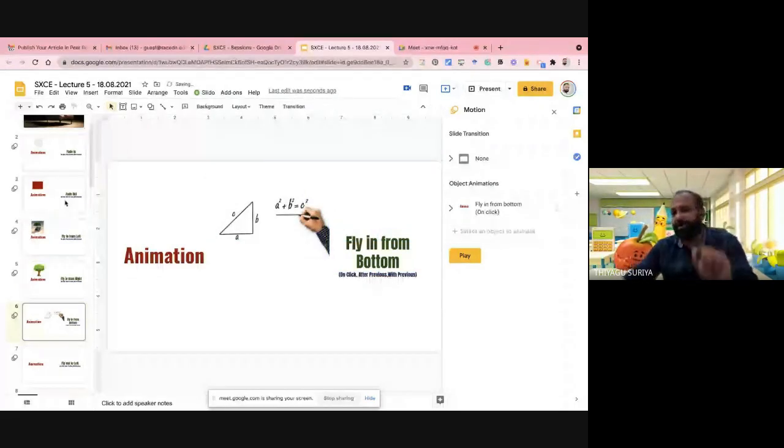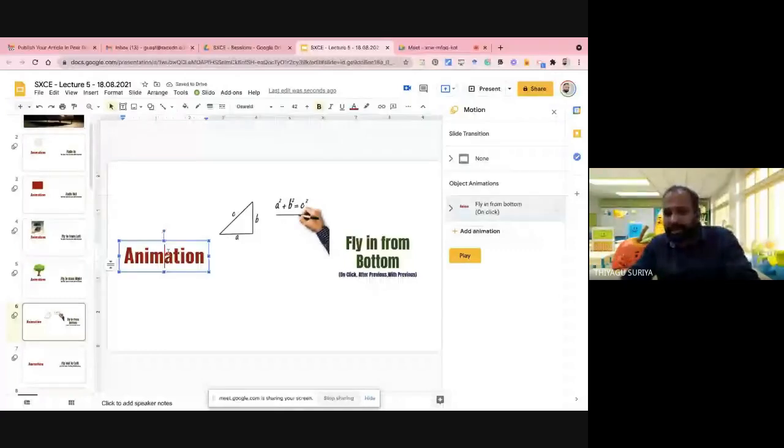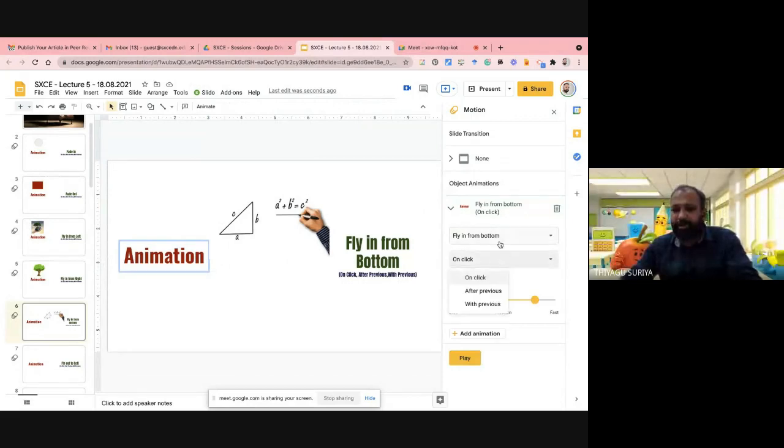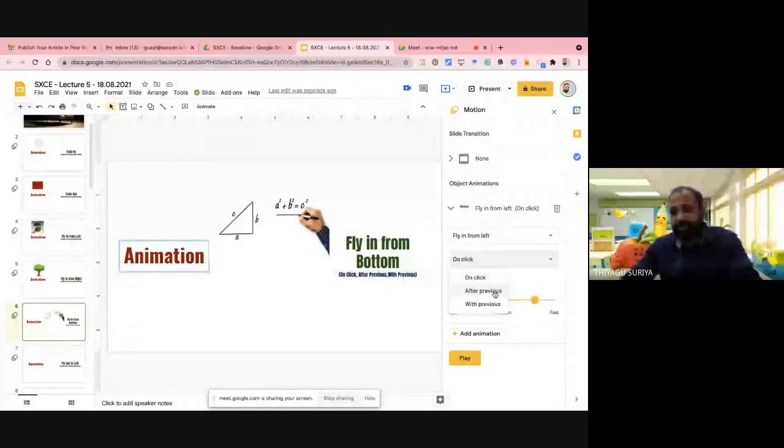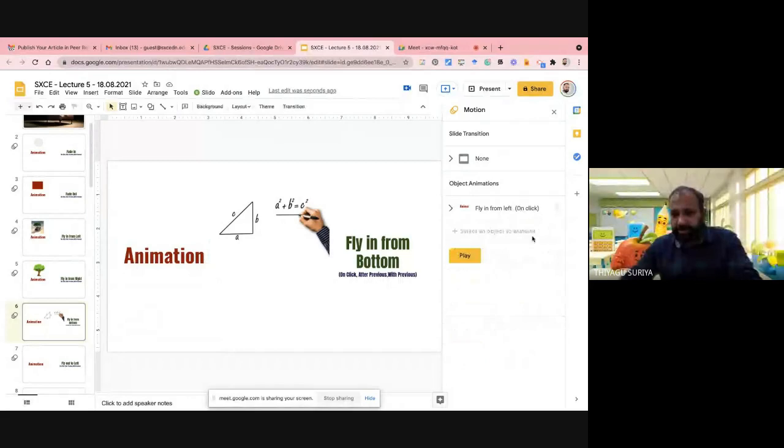Now I'm going to give the animation effect. I already gave the animation effect from the bottom, but in this case, I'm going to give three animations. Even we can do this for anything. We can go with from the left. I'm giving this animation from the right. This is for the right to come in. On click, it will come from the right. So I'm selecting this one.